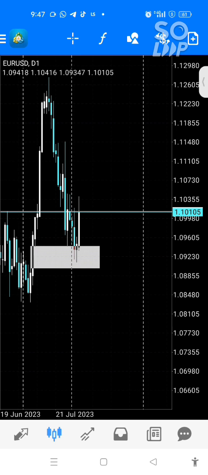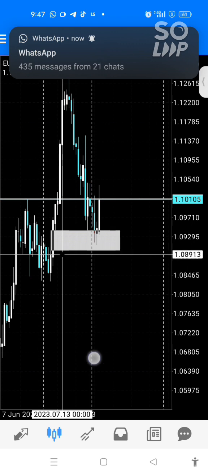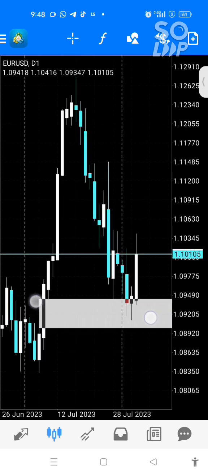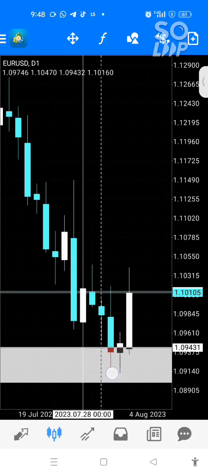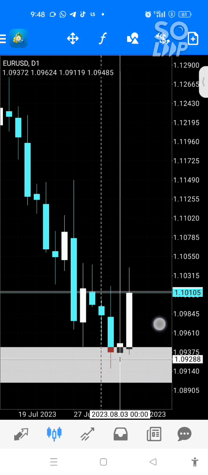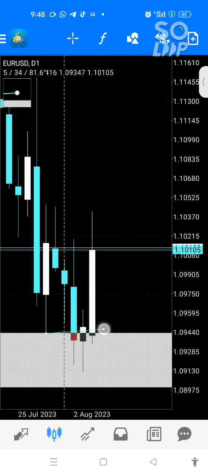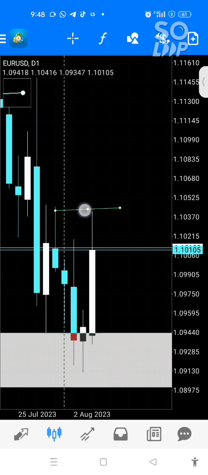Now you can see the market traded into this daily fair value gap. Can you see this daily fair value gap? Now the market traded into this daily fair value gap, and what happened? It broke, it rejected this low. And before that, I told them that I don't want to be bearish anymore, because at this point I'm expecting the market to be bullish, but I'm not buying the market on Thursday because we have NFP on Friday, and I don't want to be participating in the market after London.